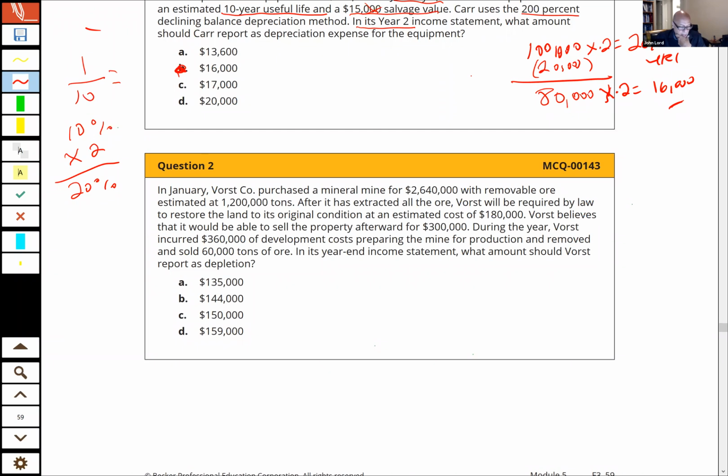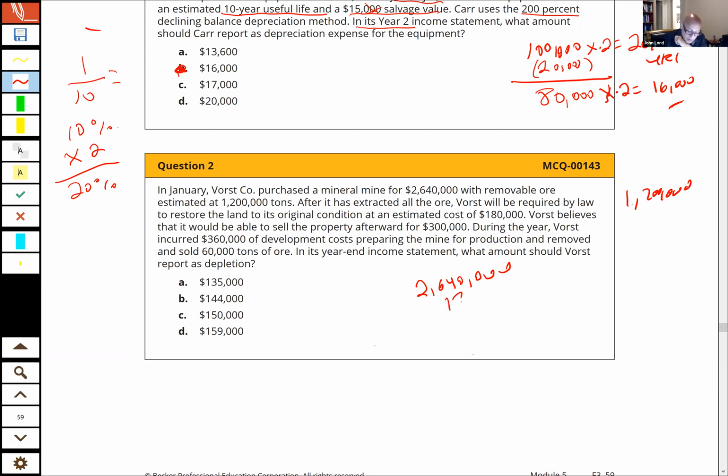Okay. So what happens? They purchase a mineral mine for $2,640,000. Well, that's the kind of number that's pretty easy. I know I have to pick that up because that's what they paid for it, right? Removable ore is 1.2 million tons. I'm going to write that over here for now because I know I have to pick that number up. Restoration will be required by law. Do your job, Office of Surface Mining, to restore the land to its original condition at an estimated cost of